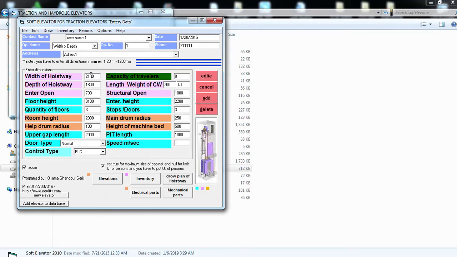All this data about the lift. We have the width and the depth of the lift. We have the entering open size and the structural size, the counterweight length, the capacity of the cabinet, which is 8 persons, the floor height, the entering height, the quantity of the floors of the building, these 3 floors, the stops, here 3 doors, the room height, the main drum radius, or this data about the machine and the machine room,